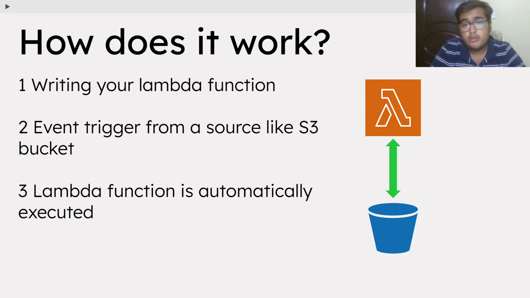So how does the Lambda function work? First, you write your code, and it could be in Python or JavaScript, and then you upload it to AWS. After that, you decide an event source. An event source is a particular event that is going to trigger your Lambda function. In this case, we can take the example of an S3 bucket. You can assign what happens to the S3 bucket, and then it is going to invoke your Lambda